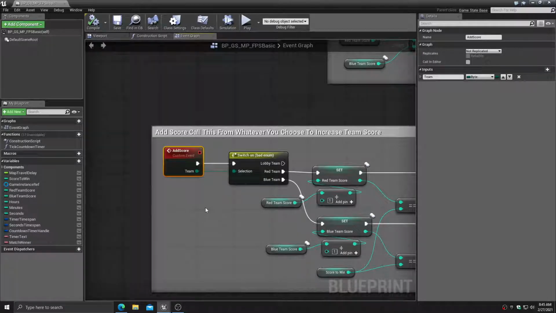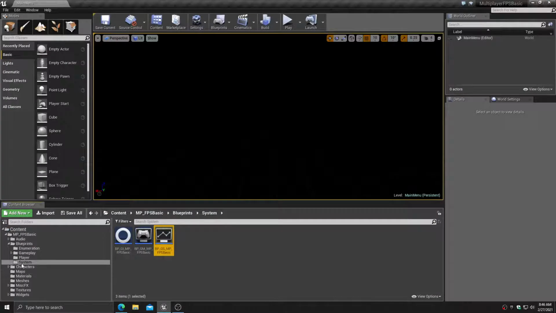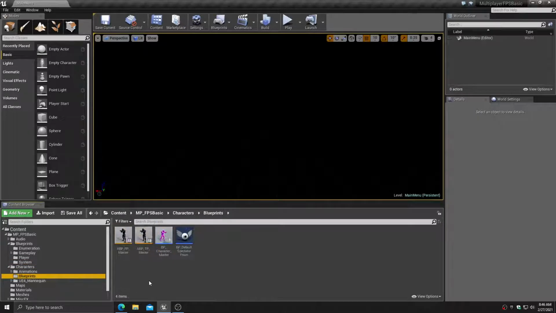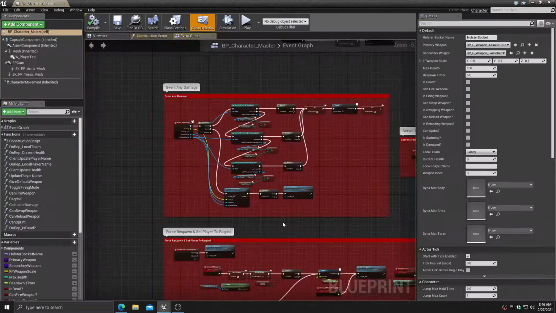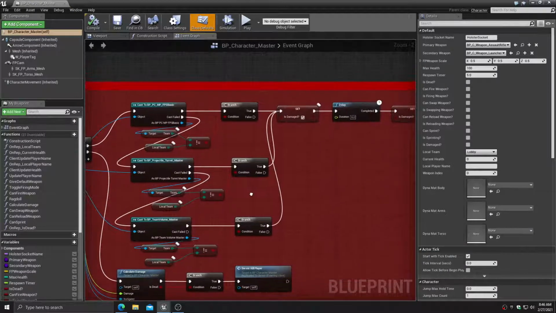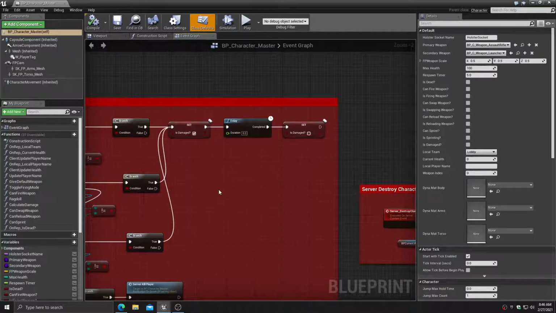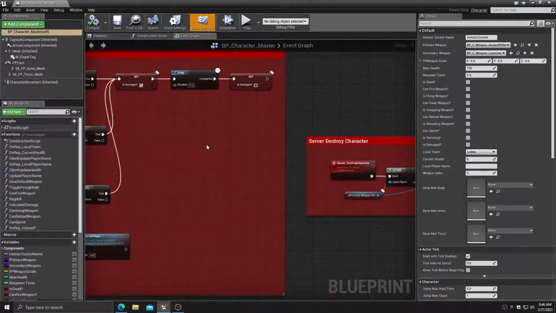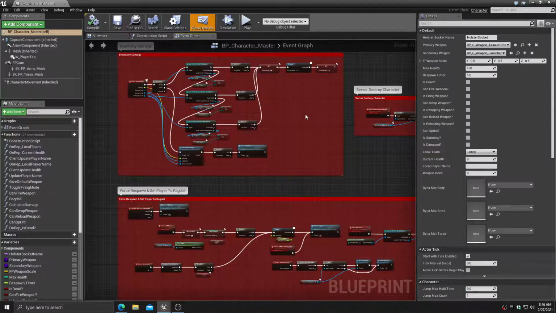So in other words, if you want it to be on deaths, as an example, I believe that you should be able to just go into the character blueprint in here, and right here you can see that we're doing damage and all that cool stuff. So you would call this,